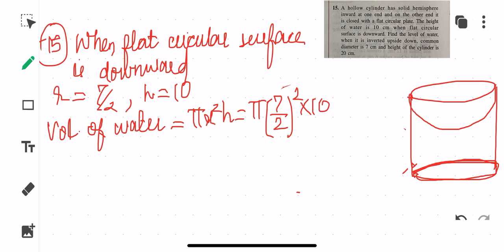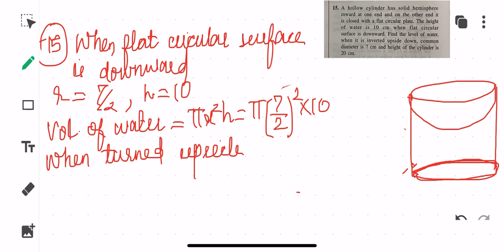Okay, so this is what you are getting. Now, if you want, you can just leave it like this. But what we'll be doing now is turning it upside down. So what you will be writing, when turned upside down,